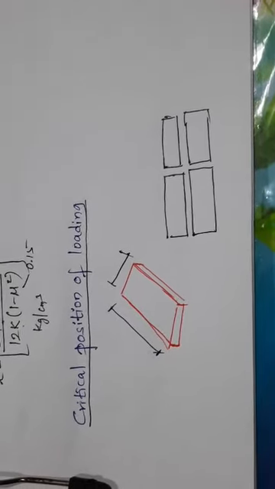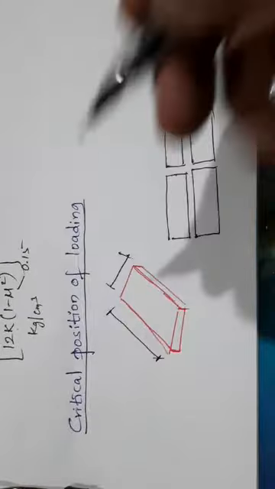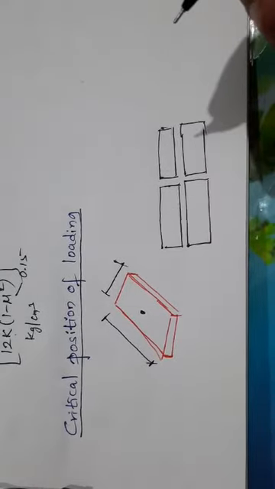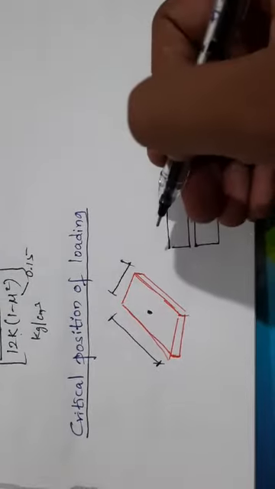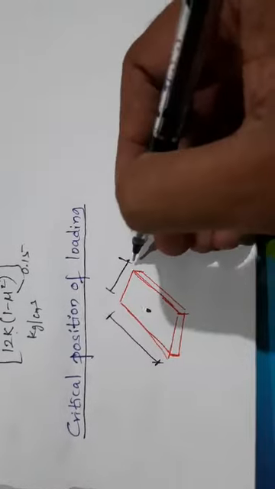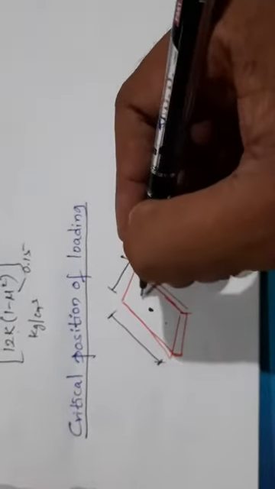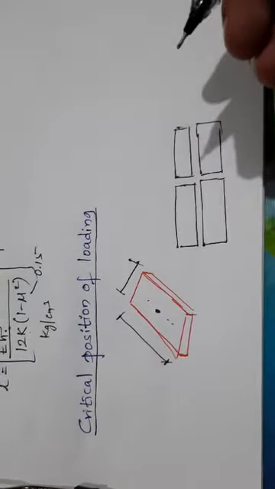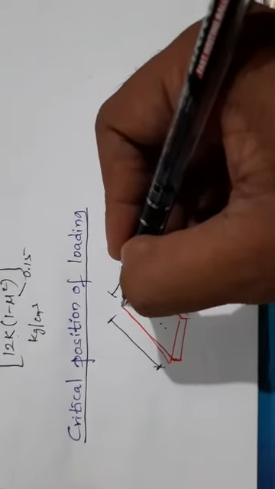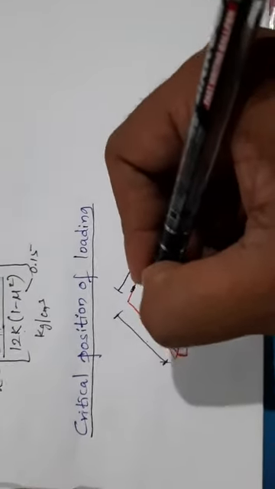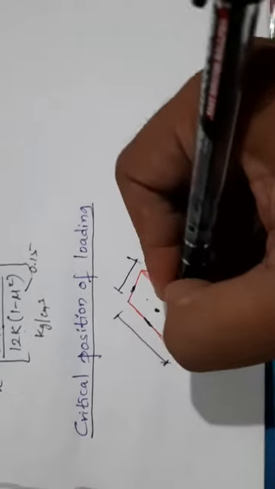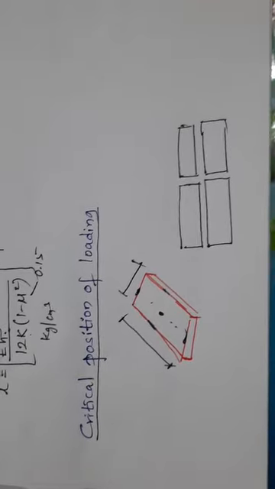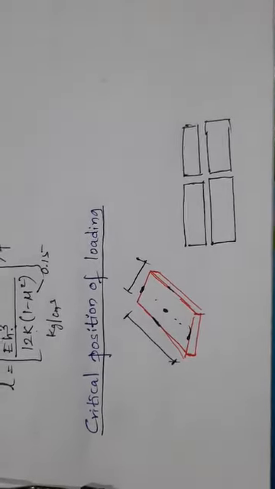So, when the load is applied at the interior of the slab, if this is considered as a slab, the surface at any place remote from the edges is called interior. These are the edges, okay. Removed from the edges we call it interior. If it is anywhere from here, here, we call it interior loading. And when the load is applied on the edges, this is the edge, this is the edge, these are the edges. When the load is applied on the edge of the slab at any place remote from the corner, we call it edge loading.